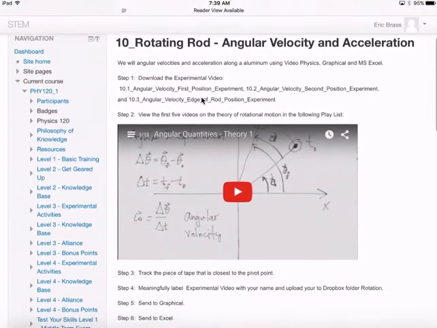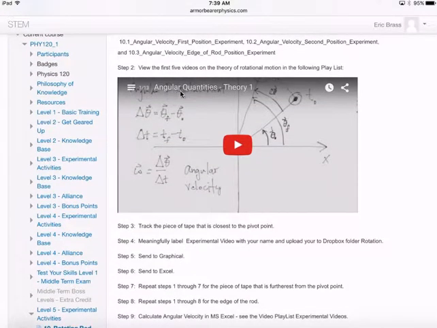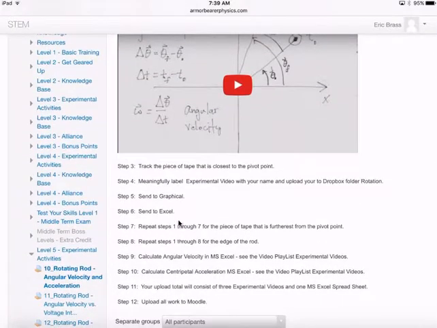Under normal circumstances, I would have you follow these videos. I would have you download each angular velocity position video for the first position, the second, and the third position. And then I would have you follow these 13 videos here to actually find out what I want you to do. You'll see step 3, it says track a piece of tape that is closest to the pivot point. You want to meaningfully label the experimental video with your name and upload it to the Dropbox folder,